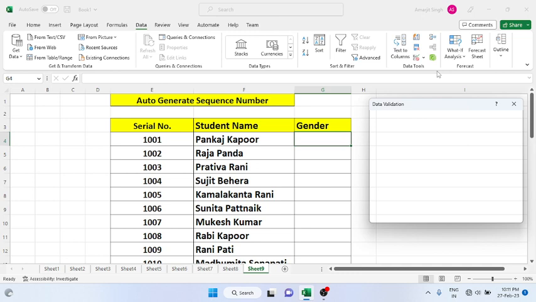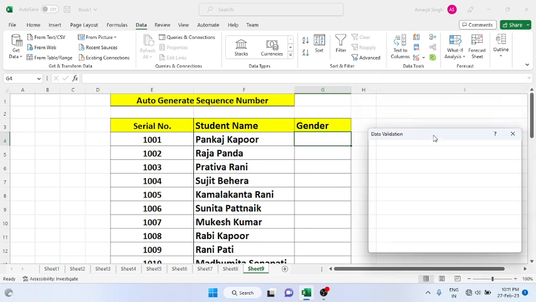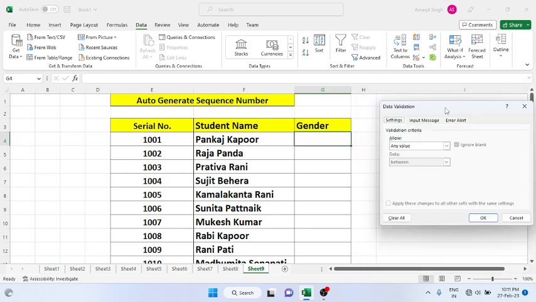It's taking time. Just wait. Maybe yes, it comes. Now here in the Allow section, you have to select List, and in the Source section, you